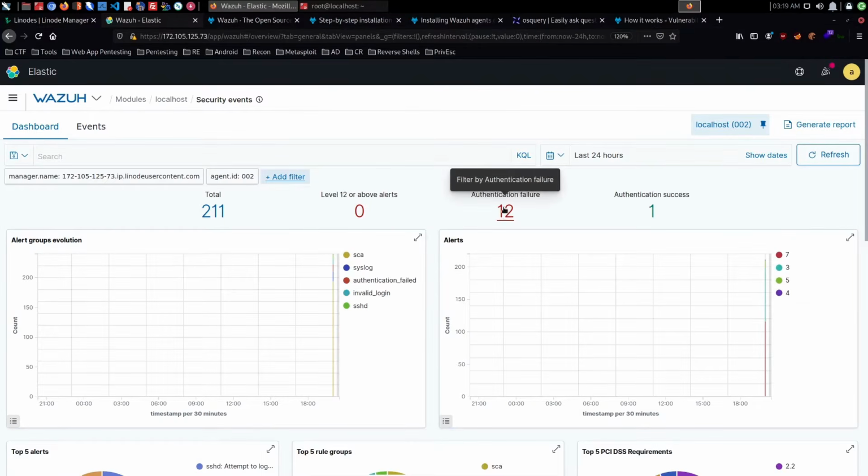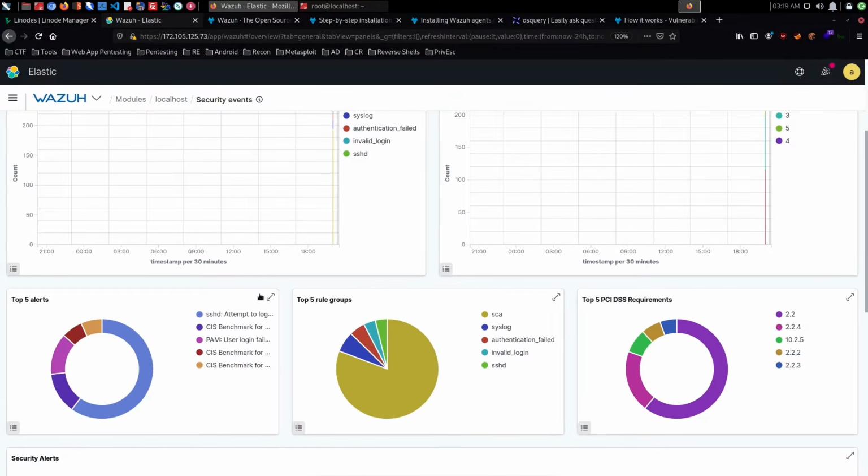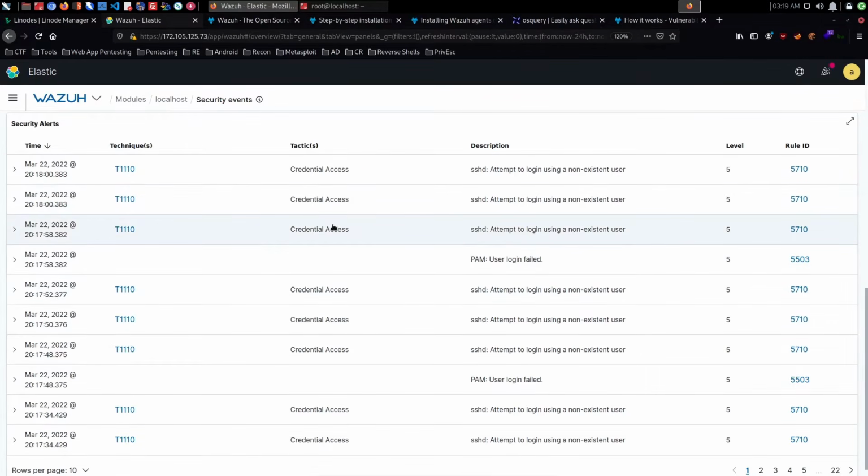Authentication failures have been set to 12, which is interesting. And authentication success, which I guess was us. And then at the bottom, you have the top 5 alerts and top 5 rule groups. And of course, you then have the top 5 PCI DSS requirements. And at the bottom here, you have your security alerts, right? Now, the awesome thing about this is you're going to see that they're going to have the actual time column, the Mitre tactics or techniques in this case,